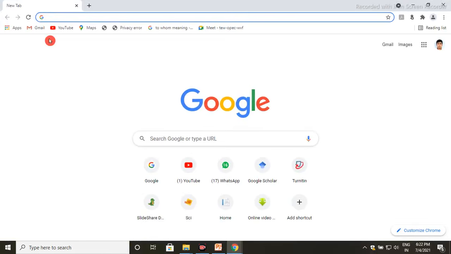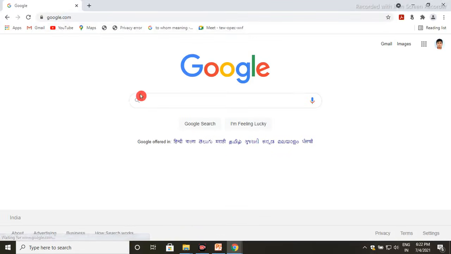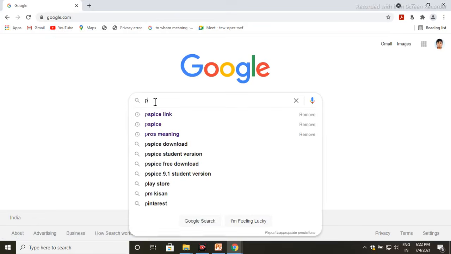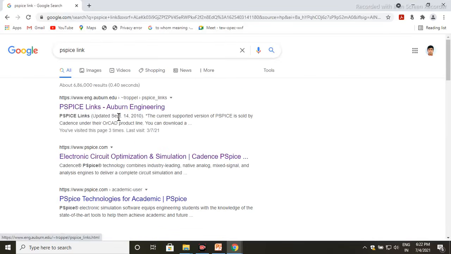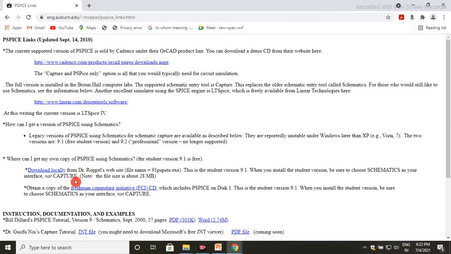First open the Google page, then search for the PSpice link. Click on this link, then click on the PSpice link, then download locally.